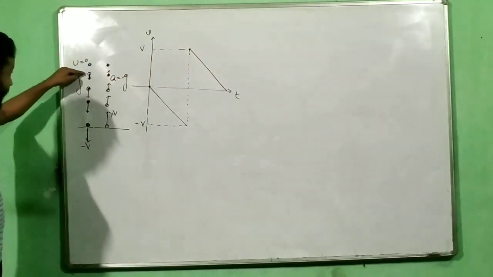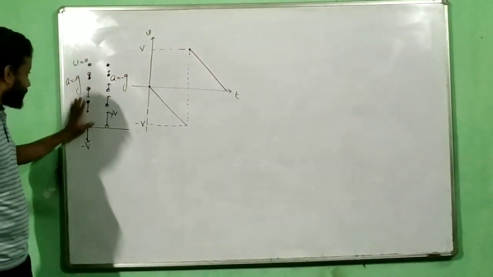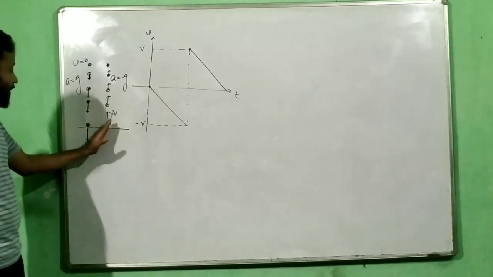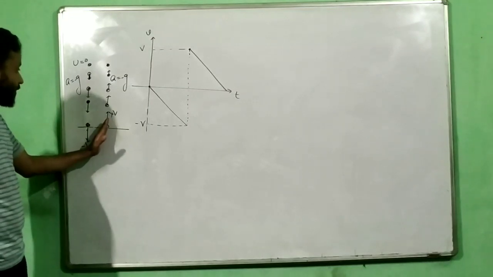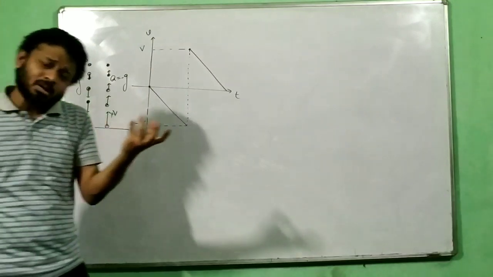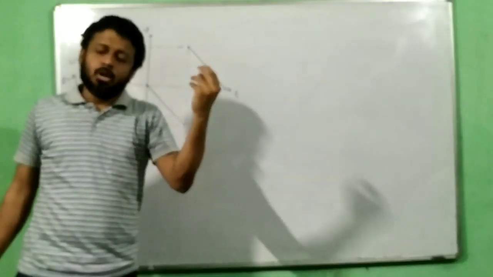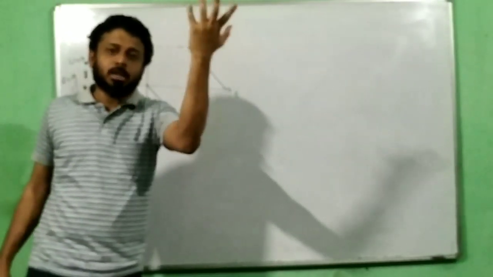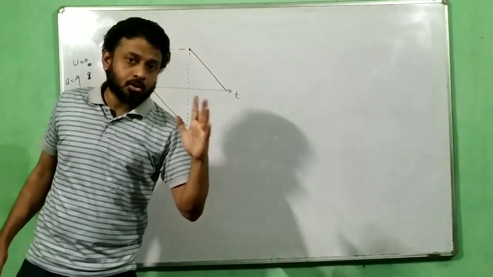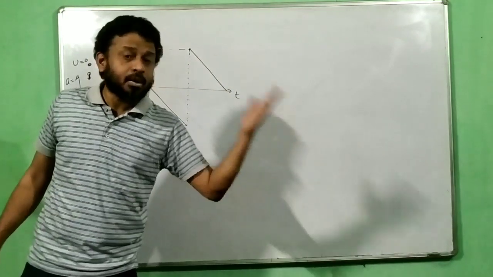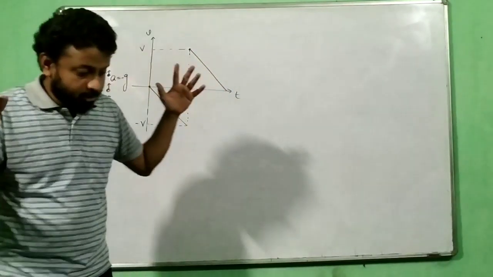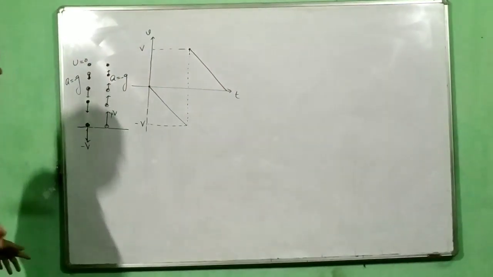So negative velocity increasing, so the first part of the graph should be in the negative quadrant, that is the fourth quadrant. Immediately after bouncing, the body attains positive velocity, the graph will shift in the first quadrant. The good thing about physics is when you plot time along x-axis, you don't have to worry about the second quadrant and the third quadrant, because in second and third quadrant time is negative, and we know that time cannot be negative in physics. If it is other subject, I don't know.